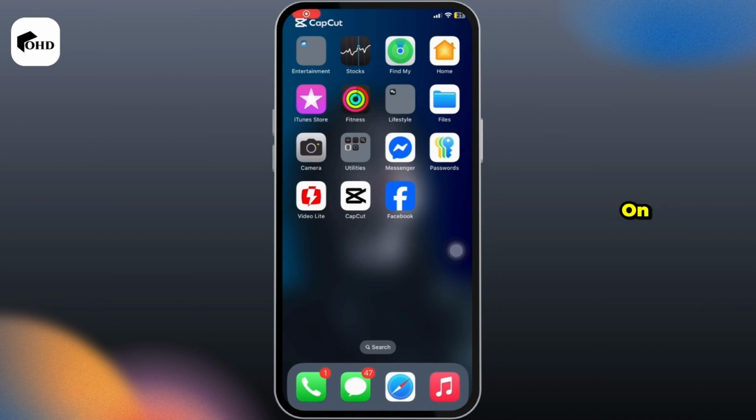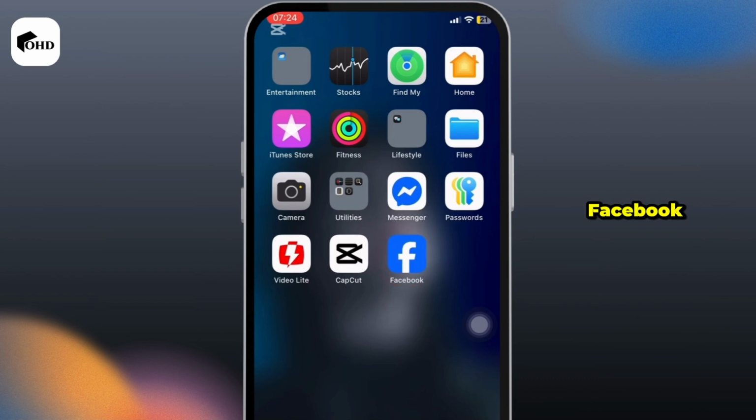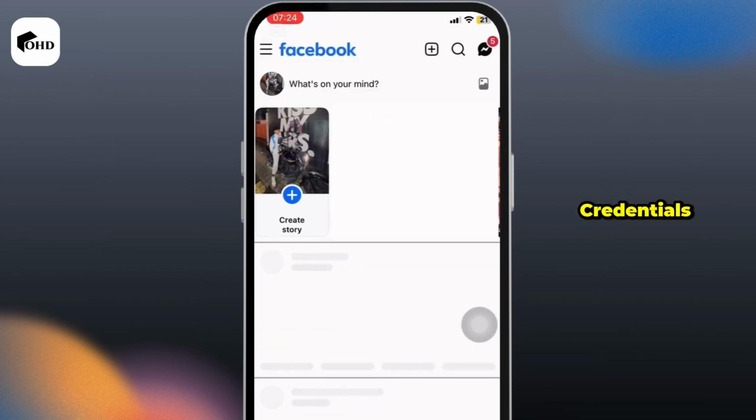How to stop people posting on your Facebook profile. If you do not want any other people to post on your Facebook profile, then here's an easy way to fix this issue. First thing first, move into your application Facebook, enter your login credentials and log in into your